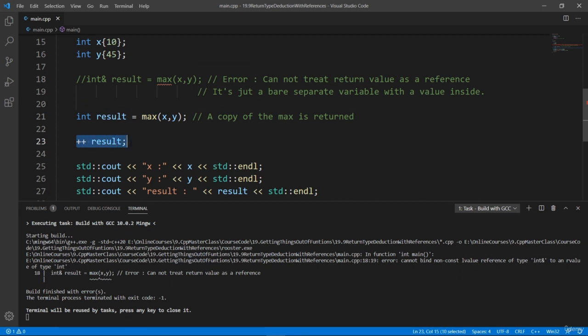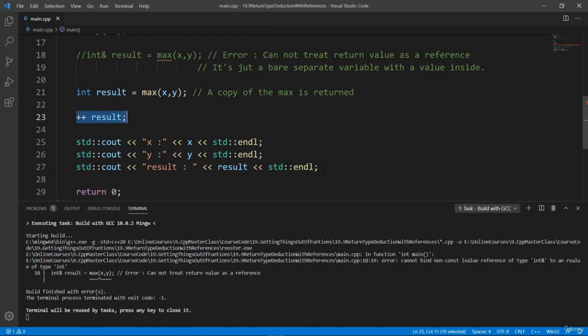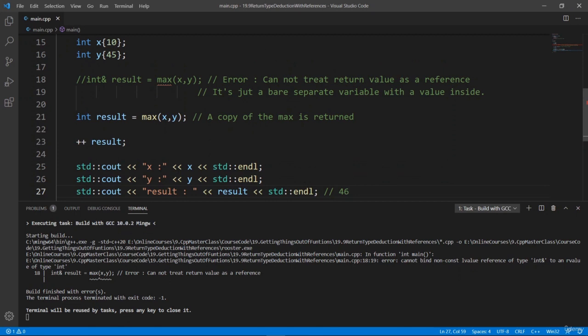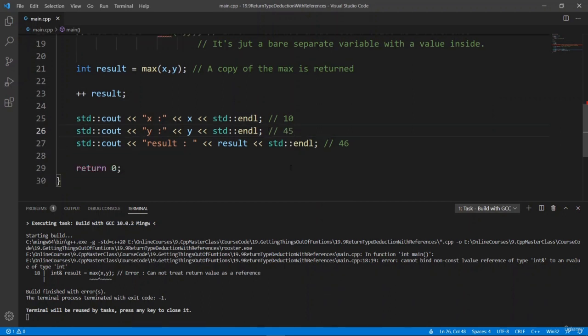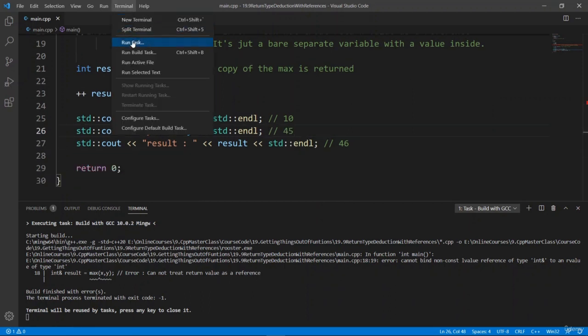If we try to increment result, it is going to change, and result was 45 here. Result is going to be 46 if we hit this line here, but x and y are not going to change because result is not a reference. You can do whatever you want with result. You're not going to be able to affect x and y through this result variable here. So x is going to be 10, y is going to be 45. Let's say that here to be super clear, and try to run the program